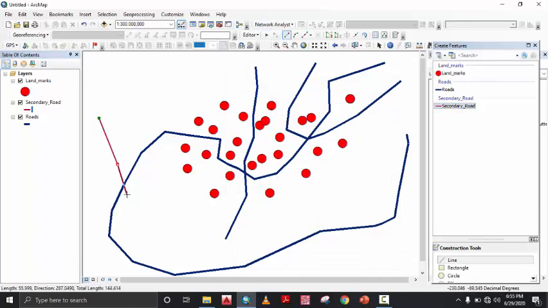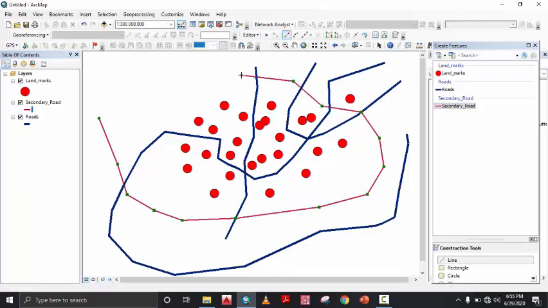Now I will mark these roads crossing each other. So now I can say that this is the secondary road, this is the primary, or you can say the highway one, and the landmark. Now I can also draw the tertiary road, the same way, by creating a new shapefile there and decreasing the width of that one. I can show you that one. It will not take too much time.